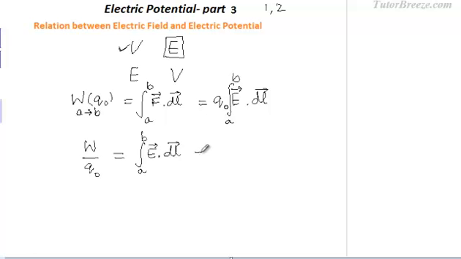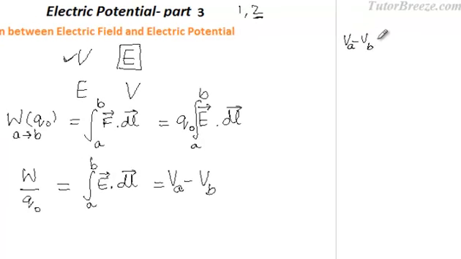Now we've learned earlier that this work done by the test charge Q naught is the potential difference VA minus VB. Now this result was discussed in part 2. So if you're not familiar with this, you can go through this lesson first. Now finally, let's just put the final result over here. VA minus VB, which we'll call VAB, is integral E dot dl. So we can write this as E dl cos phi, and the limits of integration are from A to B.